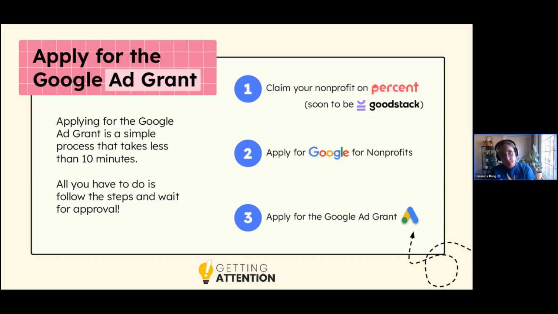The two most common reasons that I have seen for the ad grant getting disapproved. One of them is website speed. So there are a couple of things you can look at with that. Sometimes you might think, I don't really know, our website loads just fine. I've never had an issue with it. No one's ever reported an issue with it to me. I've tried it on a couple devices and it's loading fine. Sometimes it just means that maybe your website was having a hiccup at the exact moment that Google happened to be checking. Honestly, with those, if the website otherwise looks normal, I'll usually just send them through again and usually they get approved on the second try.